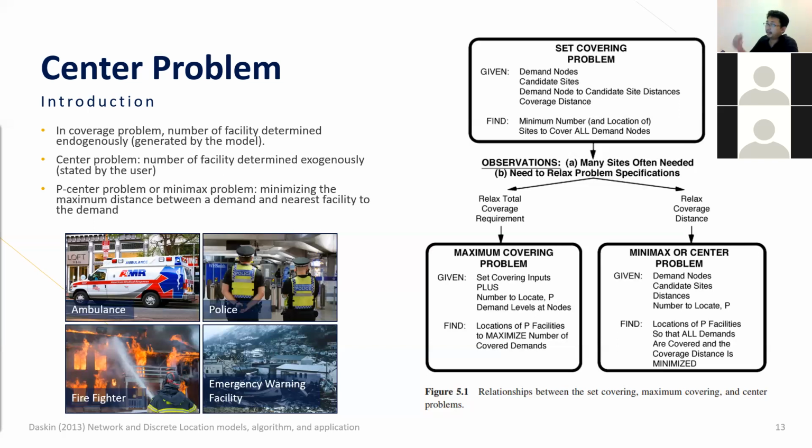Let's start from this one. In the set covering problem, when you relax the total coverage requirement, meaning you don't have to cover all the demand, it becomes the maximum covering location problem, right? And if you relax the coverage distance, then we consider that whenever we allocate one facility, for example,